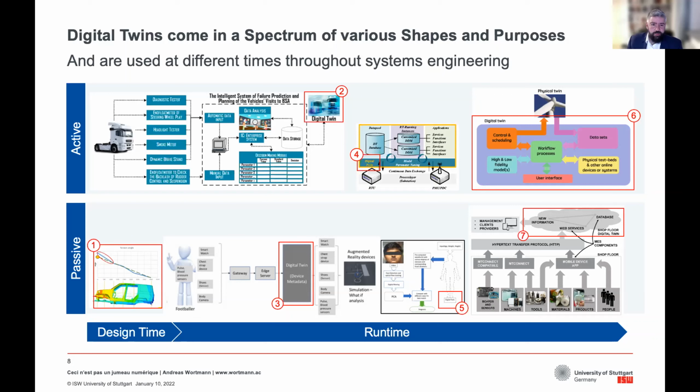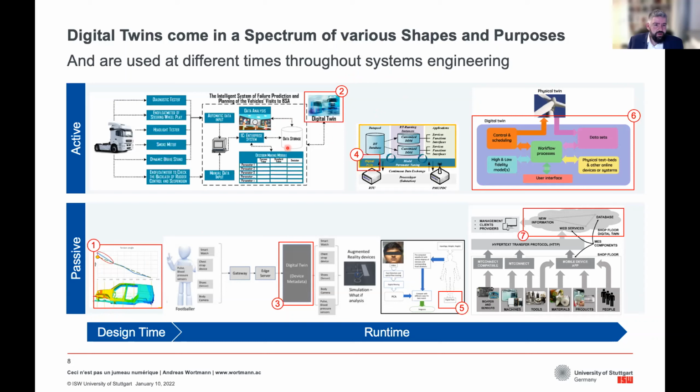So what do you see here? Number 1, these are all pictures from this literature survey. And number 1 essentially is the digital twin of a chassis of a car. It's used at design time, and the chassis itself doesn't need to exist yet. So this is a kind of digital twin used in a passive fashion, which means it does not influence the cyber-physical counterpart directly, and it's used at design time,